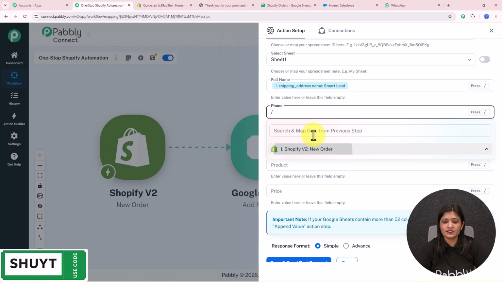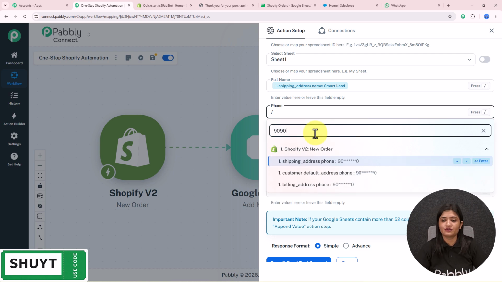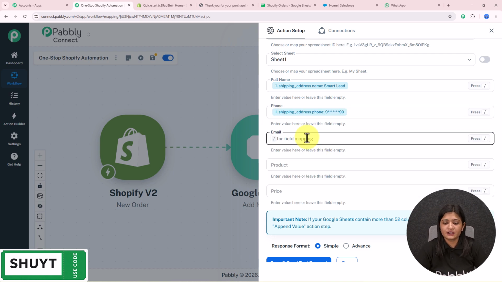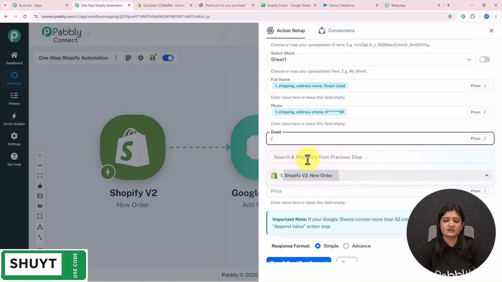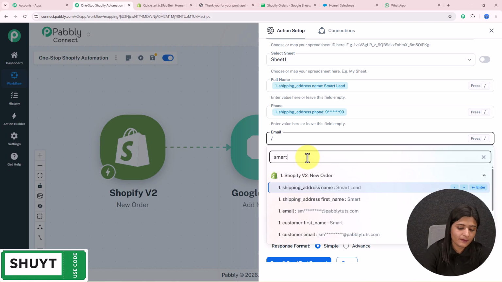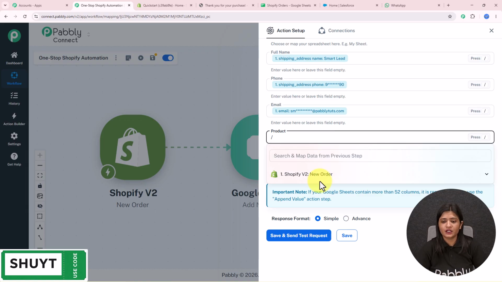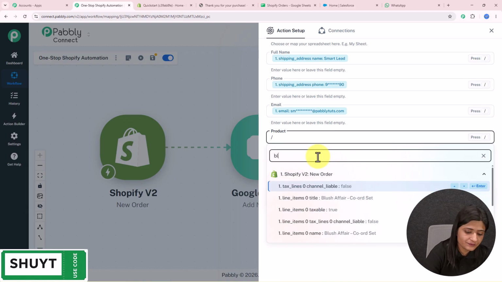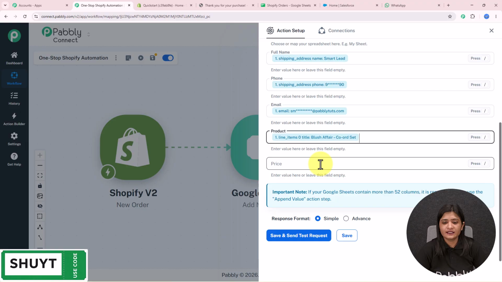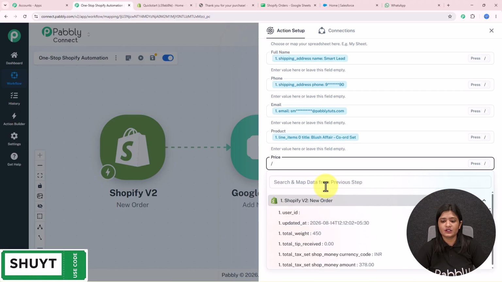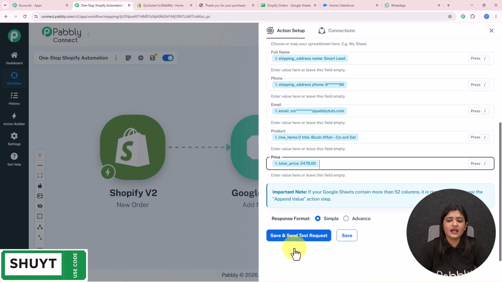The phone number was this, 9090. Then I'm going to enter the email address. The email address was smart lead, this one. Then I'm going to enter the product. The product was blush affair quad set, and then we have the price. The price was this. So here, as soon as we have mapped these details, I'm going to click on save